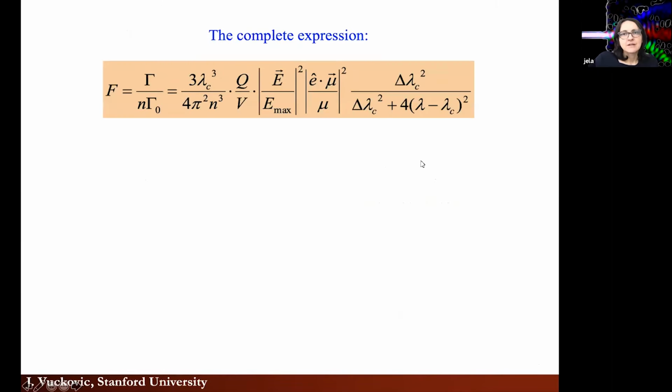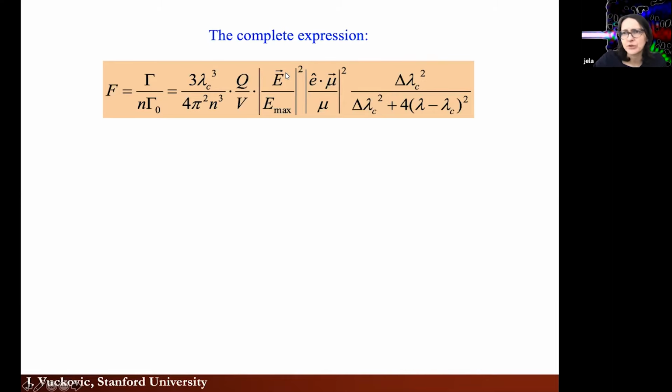Okay, great. So now just to summarize, we derived this from two different perspectives. One was deriving it from Fermi's golden rule. The other was deriving it from the eigenstates of the system, but both of them give you the same result. The spontaneous emission rate of an atom in the cavity can be enhanced by this factor. Typically, we refer to the maximum enhancement as the Purcell factor. So that's just the pre-factor that we have here before the